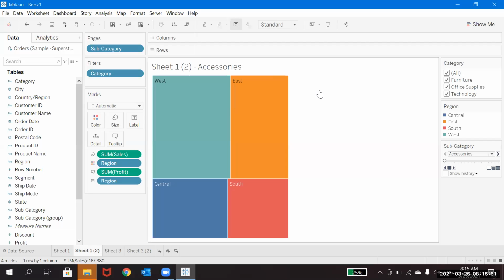So I hope this is the Tableau environment, and what options we have. By making use of all these options, we'll start working on our actual work: once we connect, the live connection and extract connections, and how we will create the visualizations. Based on all the options we have discussed, we'll be developing our visualizations in the next sessions. Okay, I hope you guys understood it.